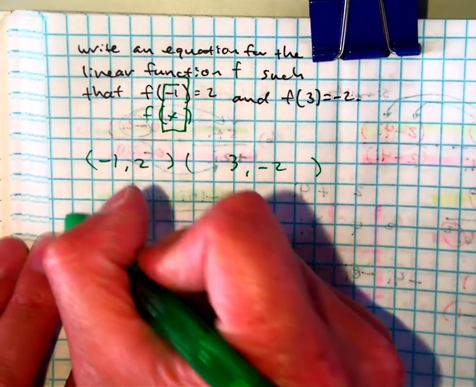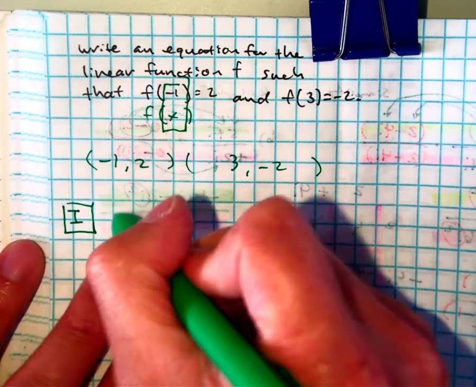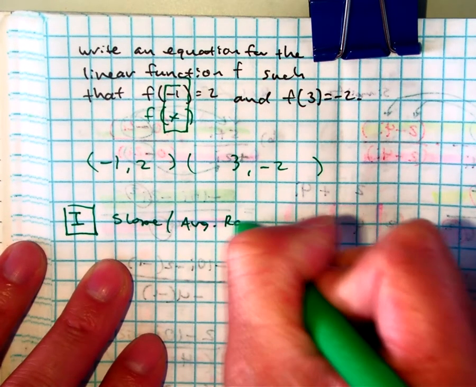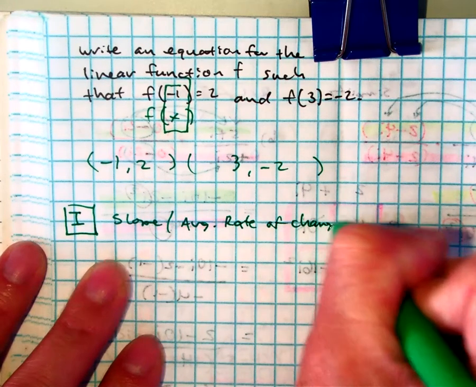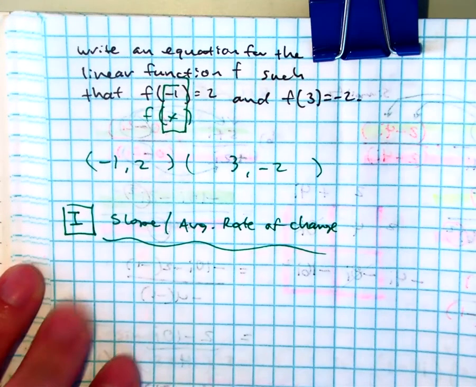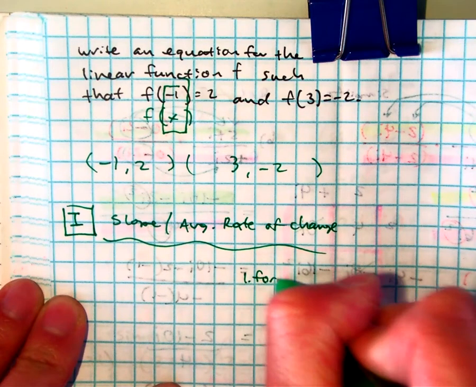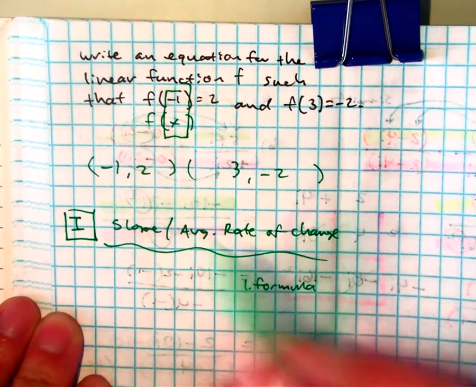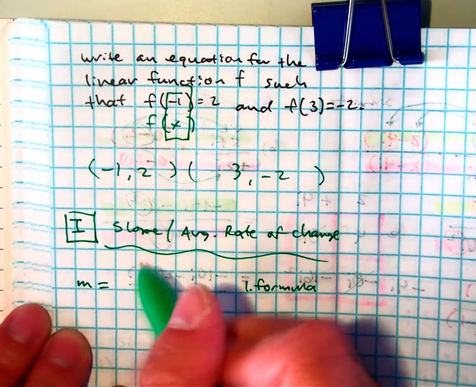Now the first thing I'm going to do is find slope. Everyone say slope. Or basically the average rate of change. I'm going to write down my formula first. Class, what's the formula for slope? M equals